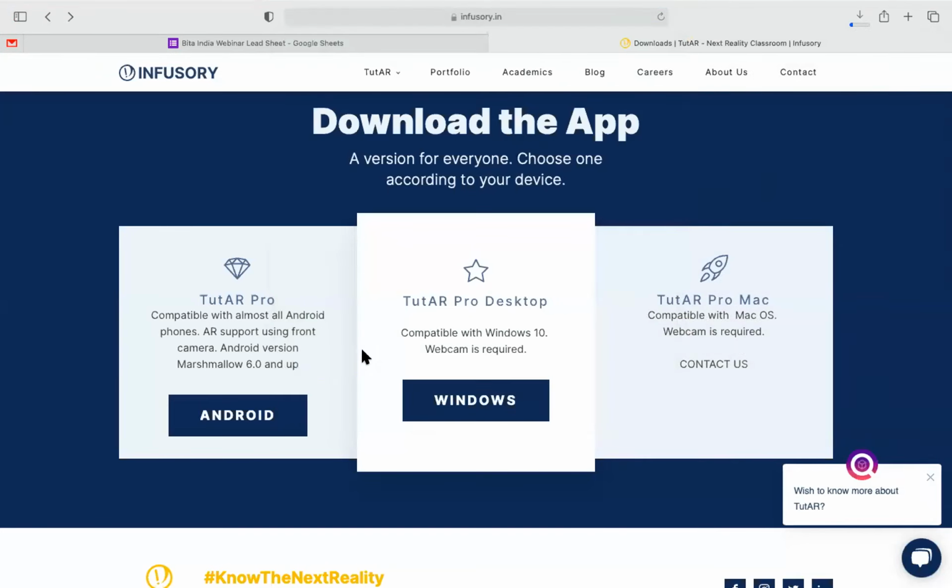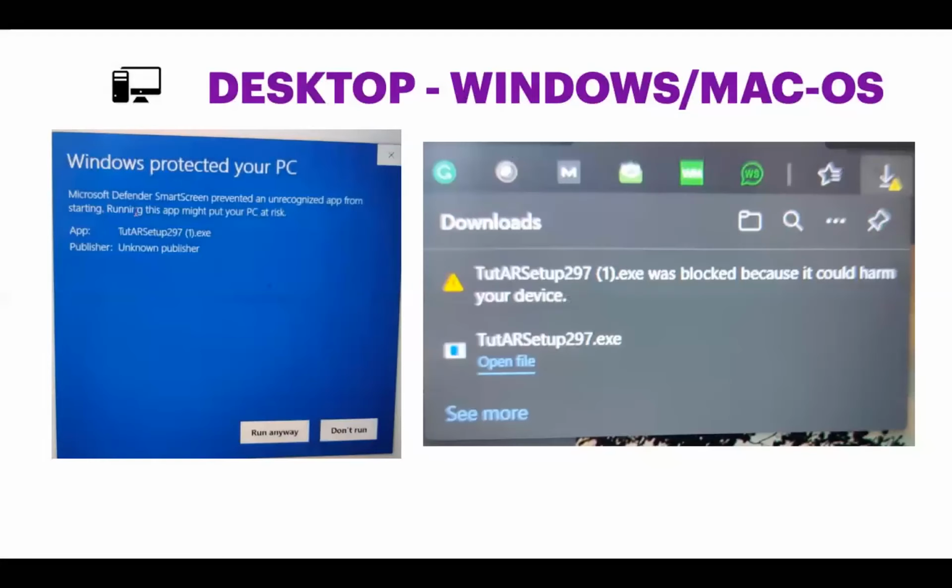In some systems, it will show a message like Windows protected your PC. In that case, there is a small button, more info. Click that more info and click run anyway.